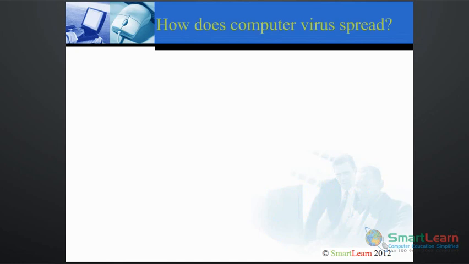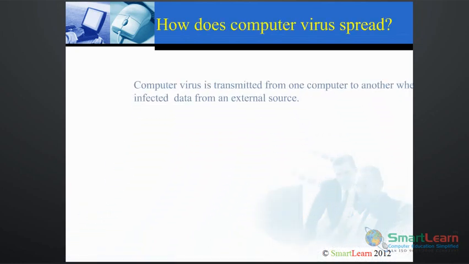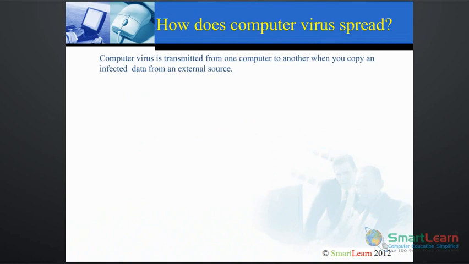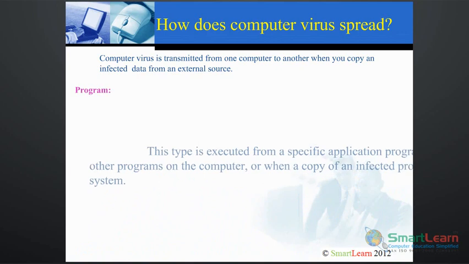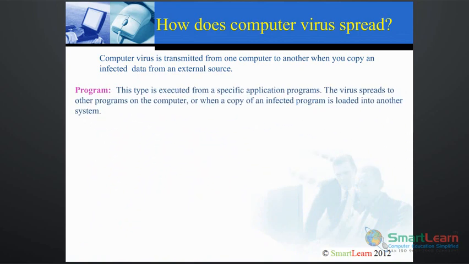How does a computer virus spread? A computer virus is transmitted from one computer to another when you copy uninfected data from an external source. There are 4 types of viruses that can spread through your system. They are: Program. This type is executed from specific application programs. The virus spreads to other programs on the computer, or when a copy of an infected program is loaded into